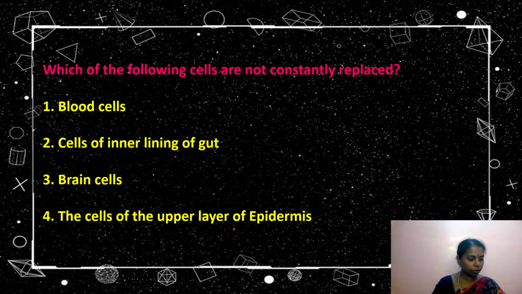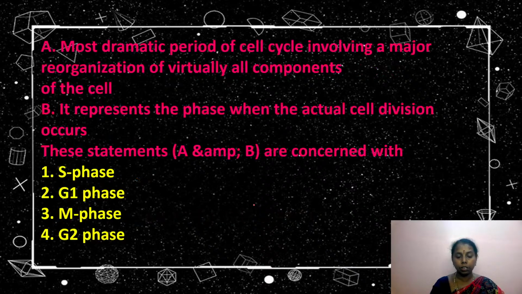Mitosis is an equational division, so it is going to be 12. Very good, Arvind Shah. Excellent answer by you. And yes, next question. Can you all answer? It is brain cell, of course. It was the correct answer. Brain cell and heart cell are given in your NCERT, of course, children, which are in the quiescent stage. There is no division that happens in heart cells, they have given.